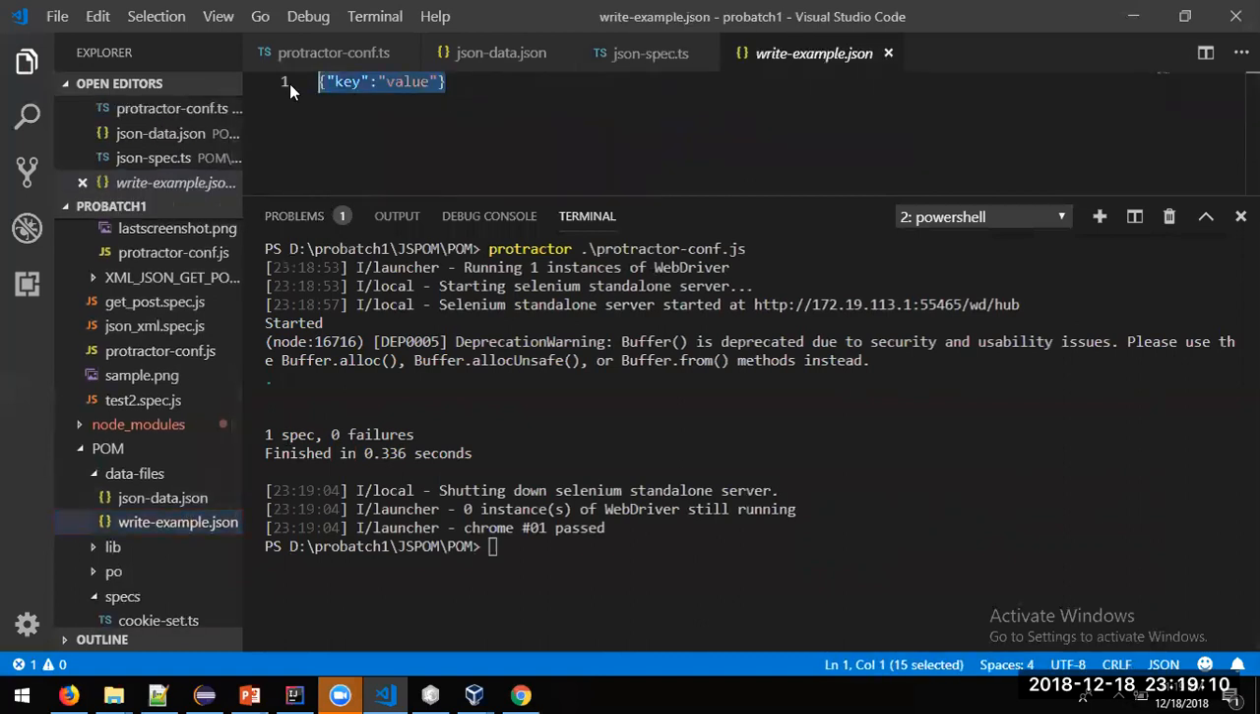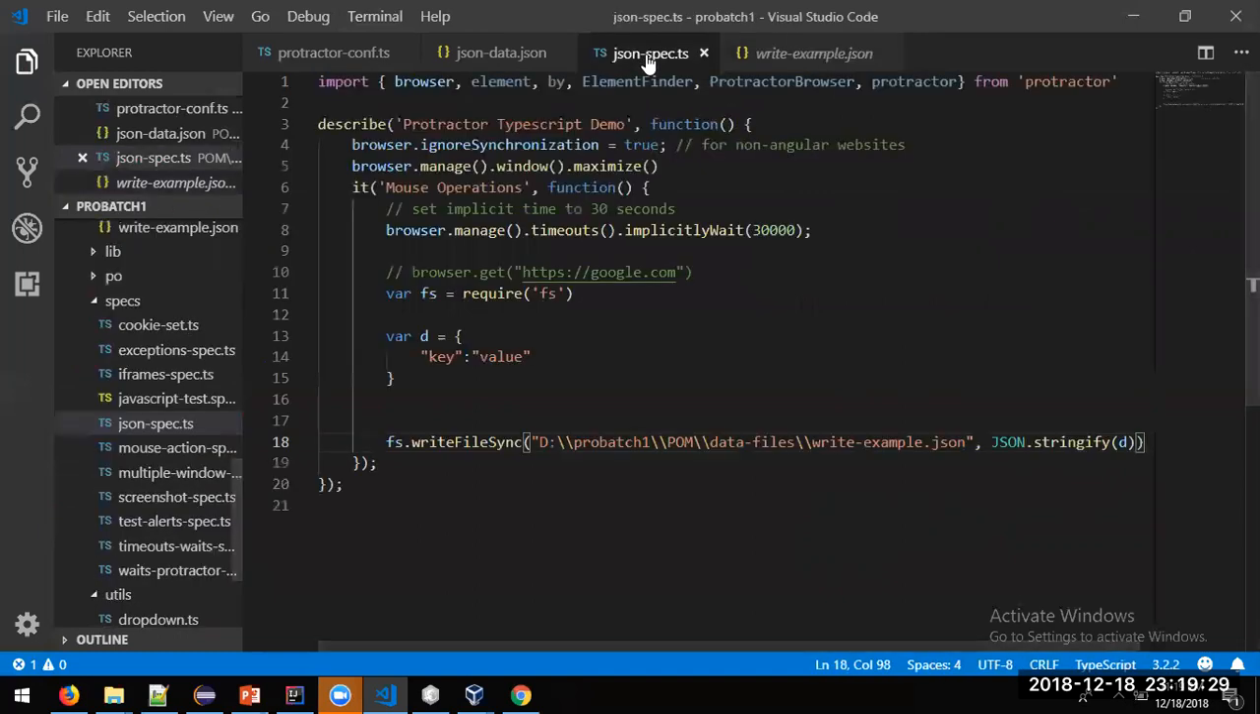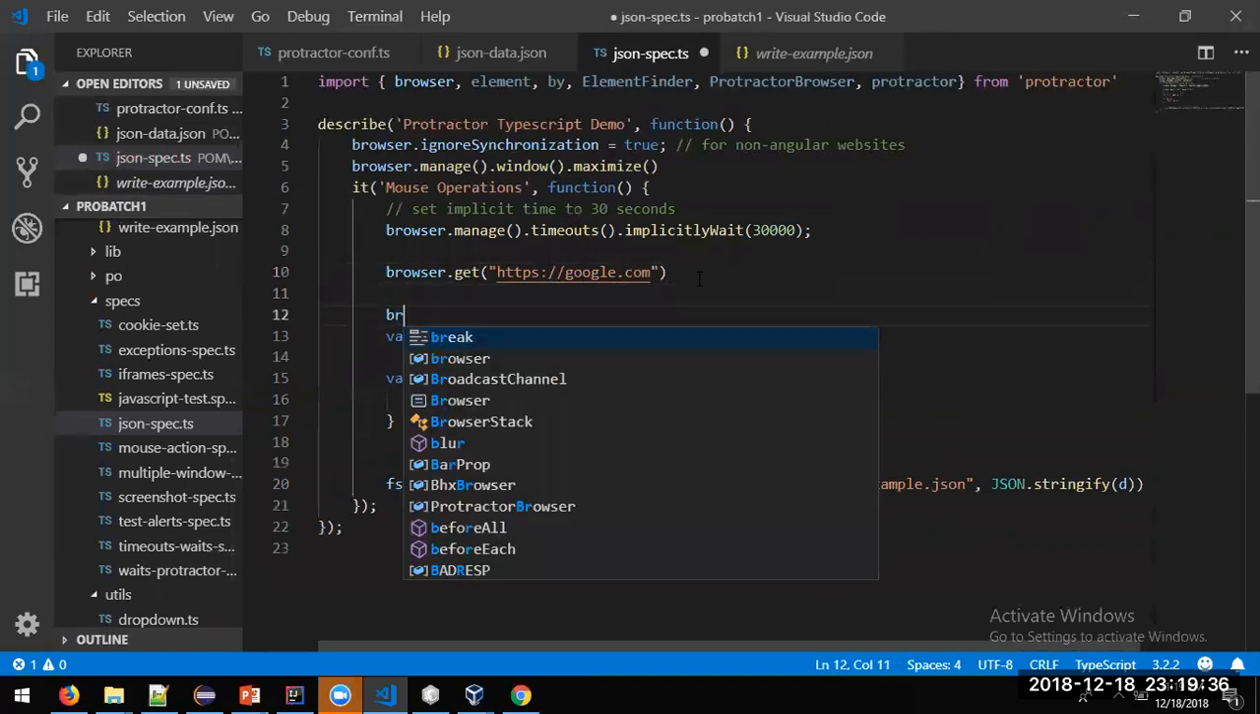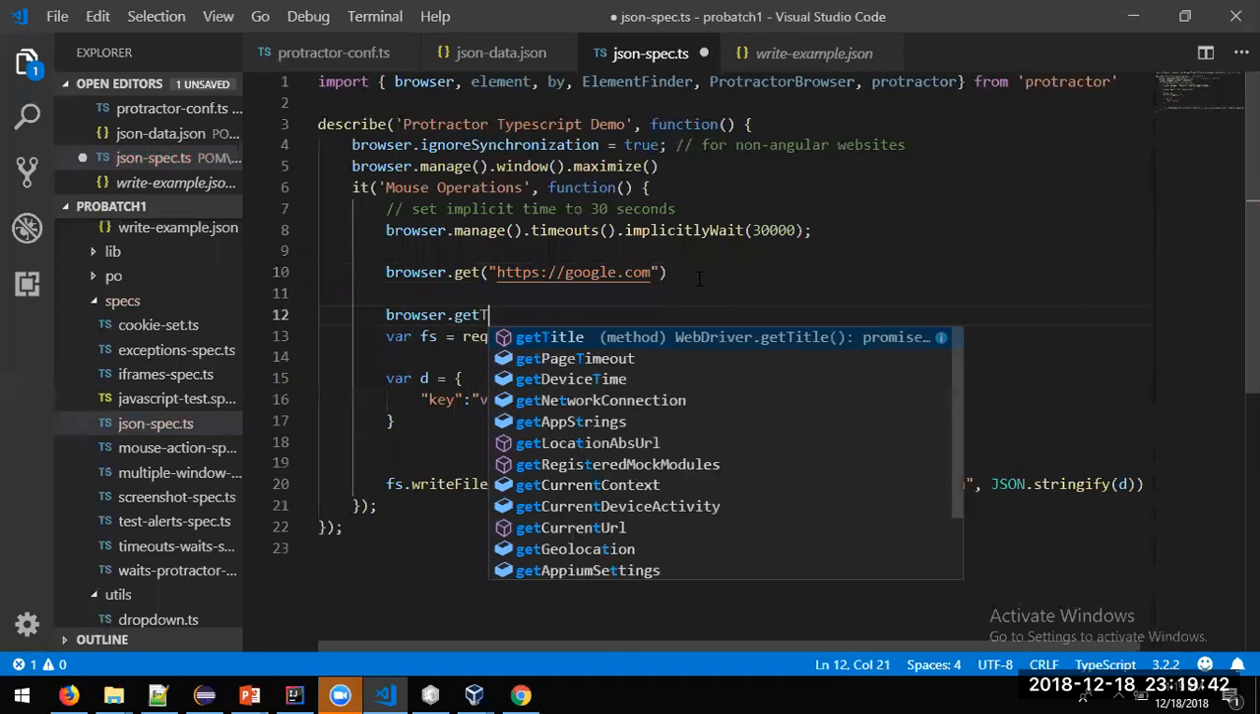So we got the key and value. Similarly, you can form multiple and nested files as well. At the same time, when you are using Protractor or any other tool to write something, you just need to write it inside your promises. For example, here we have go into Google. Now I want to get the browser title and I want to print the same thing into the file. For example, get title